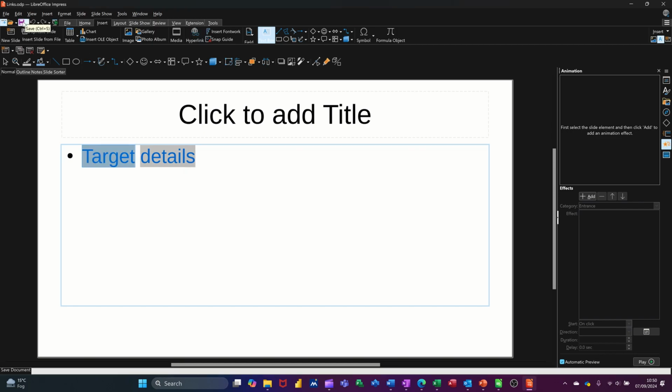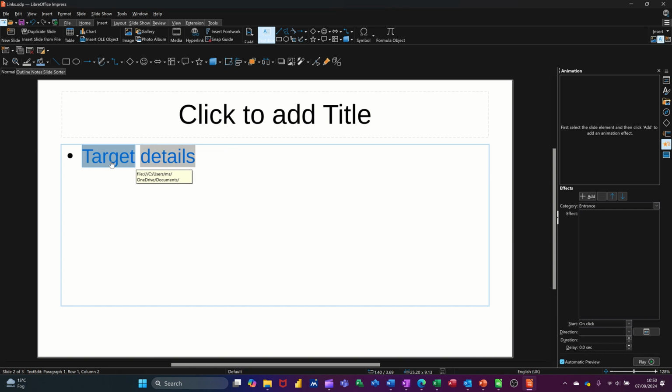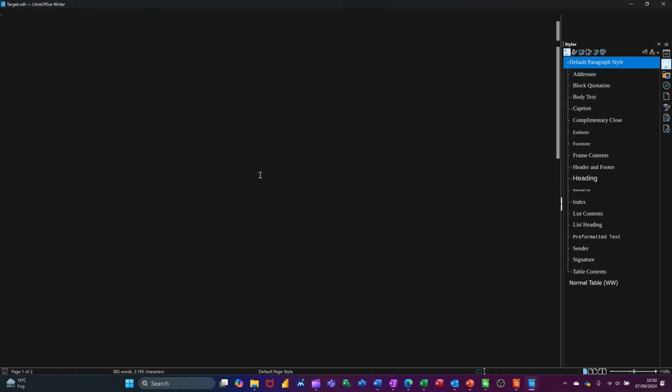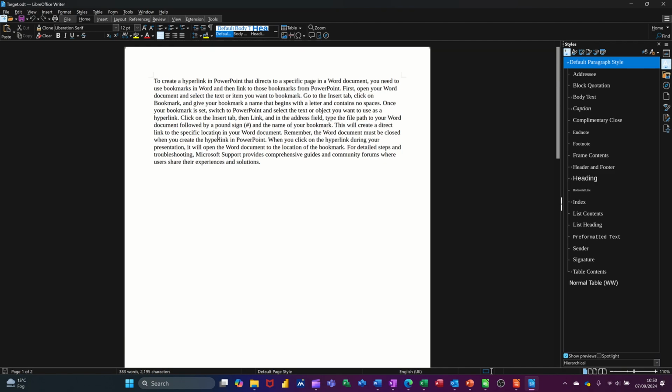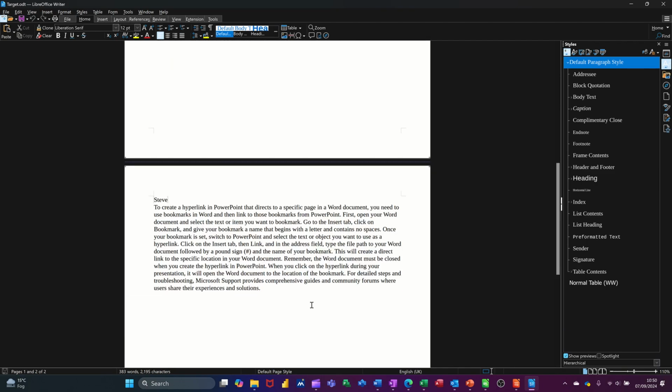So that'll save the link. So I'll save that document. And then when you click on that, it jumps to that hyperlink in Writer. So it's onto a specific page like that. If I go back into Impress and just show you